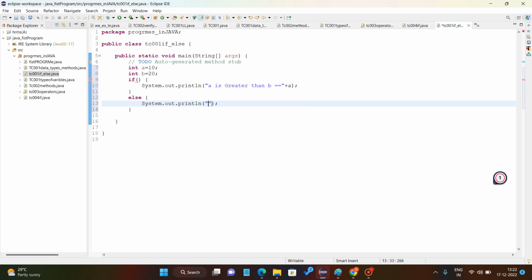Once else, b is greater than a. This is the condition. a is greater than 10, and which statement will be printed, you can give your answer in the comment